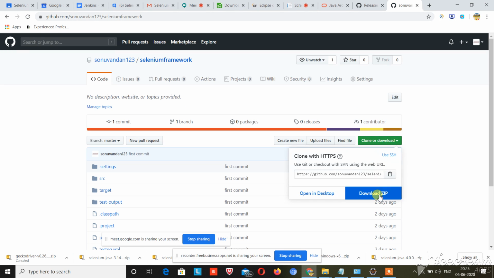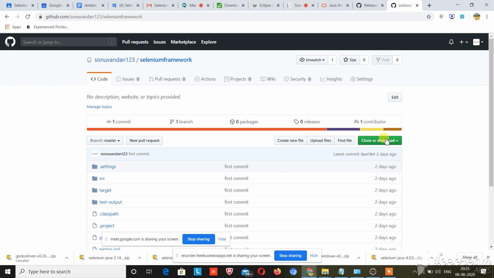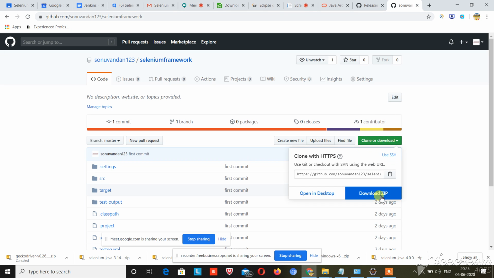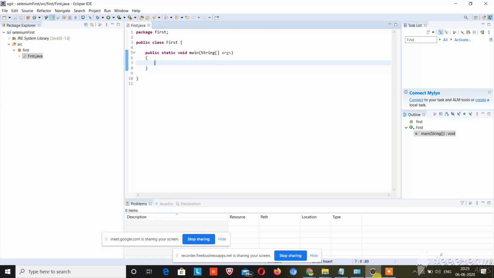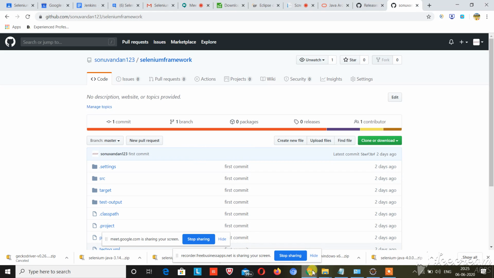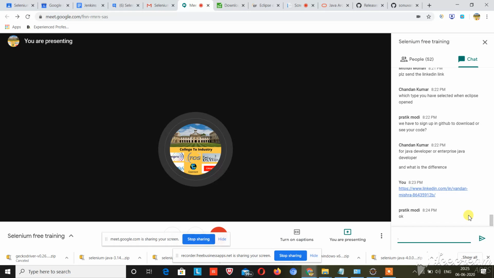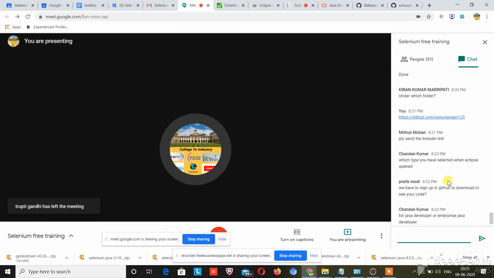You need to clone. There are two methods. When I give lectures on GitHub, I will tell you, but simply, if you want to download this code, click here and download zip, extract that zip and import it in your project. Tomorrow I will be sharing how to import the project in your machines, but today's agenda is only that you all should be ready with your machines.